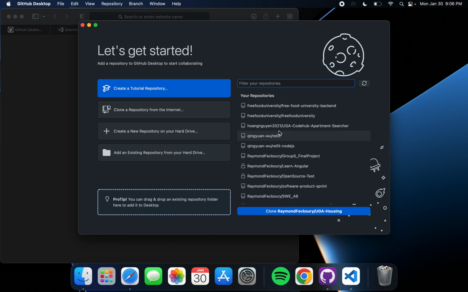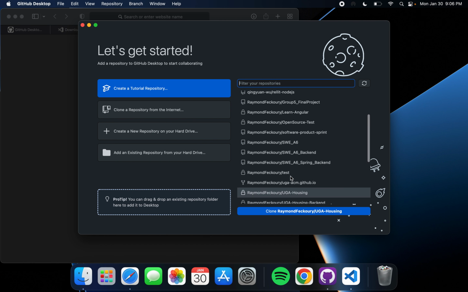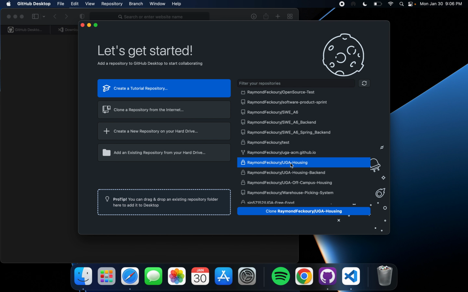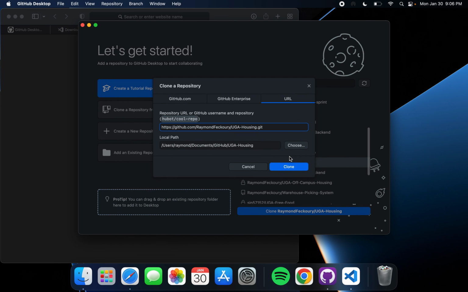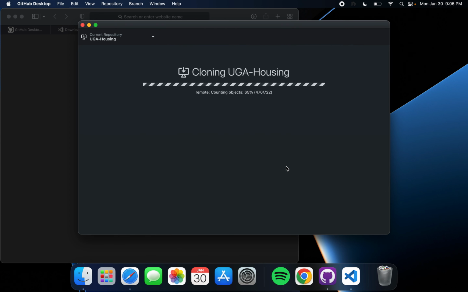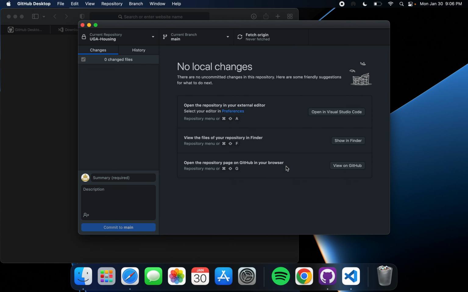William will take you through the process of forking the open source GitHub repository so that you have your own local copy that you can use to create branches and your pull requests from. What I will do here, just to show you the connection to Visual Studio Code, is select a repository that I've worked on in the past. I'll just go ahead and clone it from here. And once it does that,